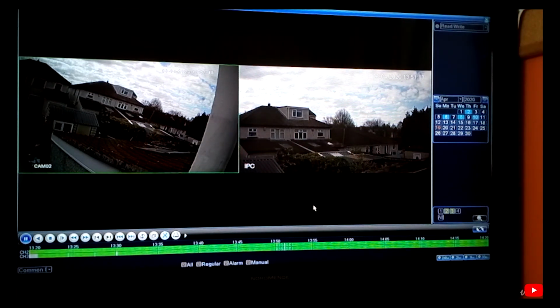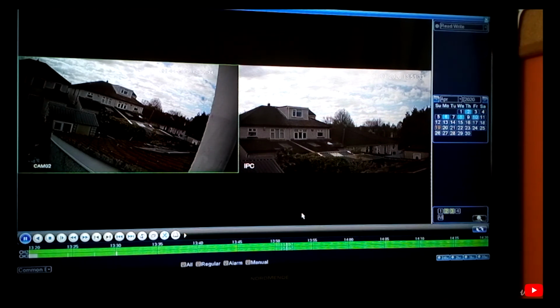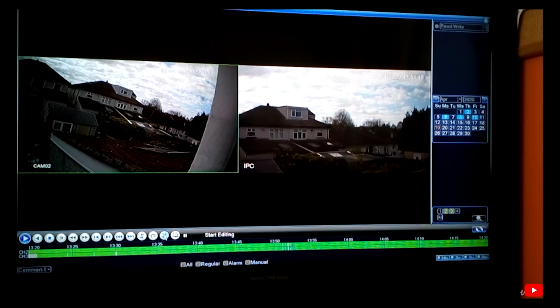Also what we can do, we can copy. I have to find my USB stick. So you can copy a footage. And what I will do, I will connect my USB stick to the DVR, and we can mark a footage. So we have those 2. Let's do a pause. We'll start editing,